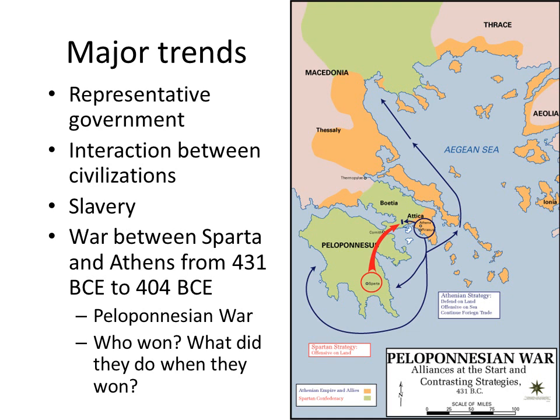The Peloponnesian War lasted about a quarter of a century. We have some gaps in between where there were truces and they fought back and forth. At one point, Athenians actually really just slaughtered the Spartans. But it is the Spartans in the end who won the Peloponnesian War. It's called the Peloponnesian War, of course, because Sparta is on the island of Peloponnesus. And this ends up being a disaster for both of them.